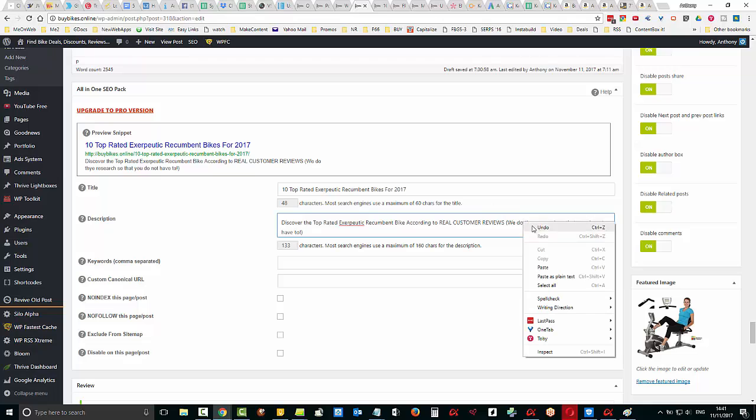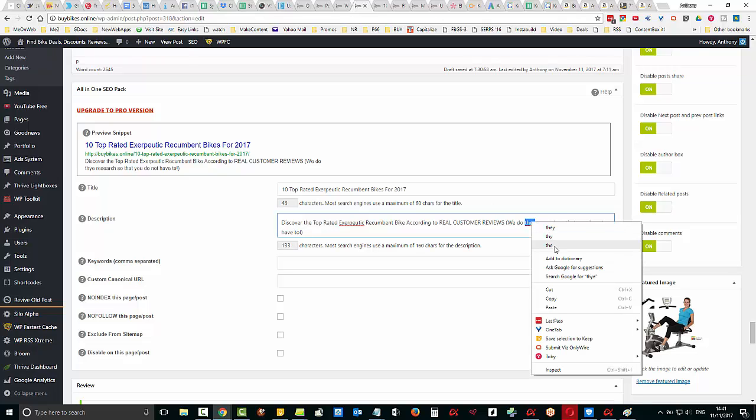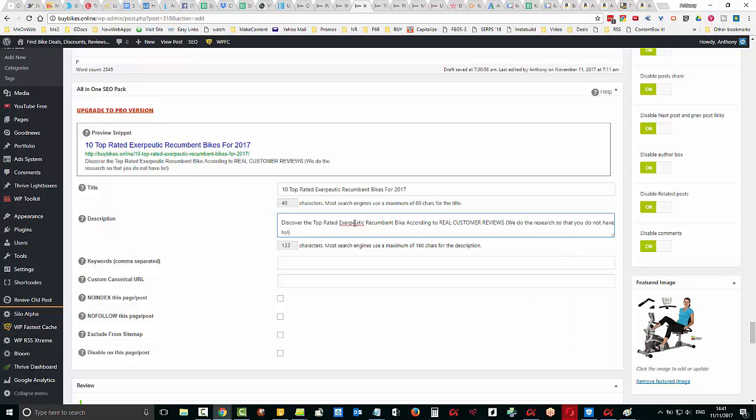Do something like that. We really want to get that point across. It might seem a little bit repetitive, but this is what separates us from other people. Okay. Now I've got the title: 10 Top Rated Exoputic Recumbent Bikes for 2017, and I'm going to put in brackets